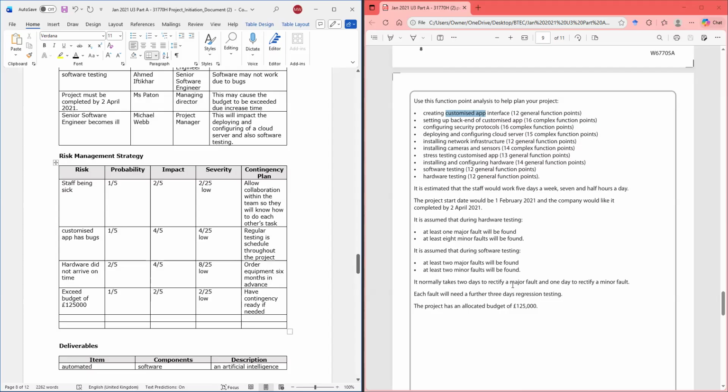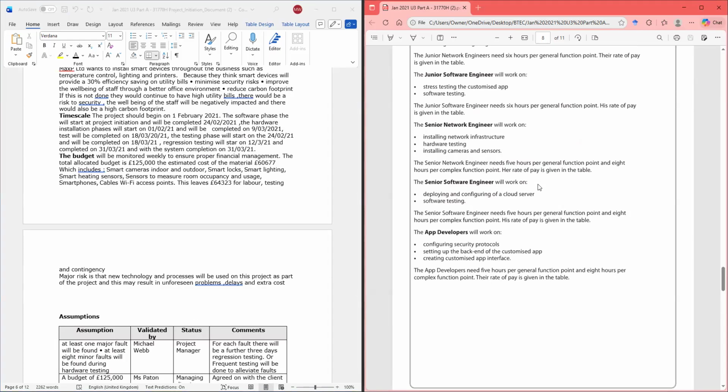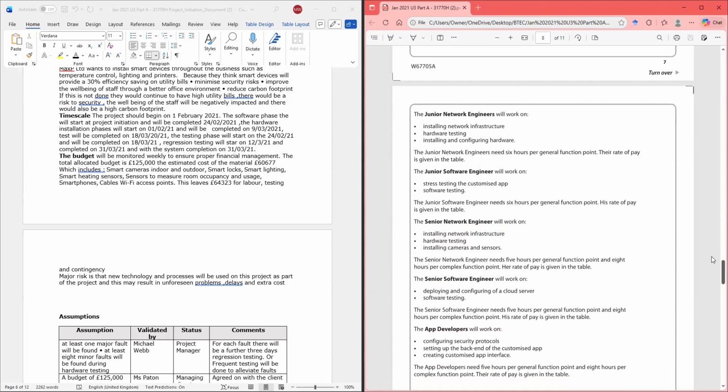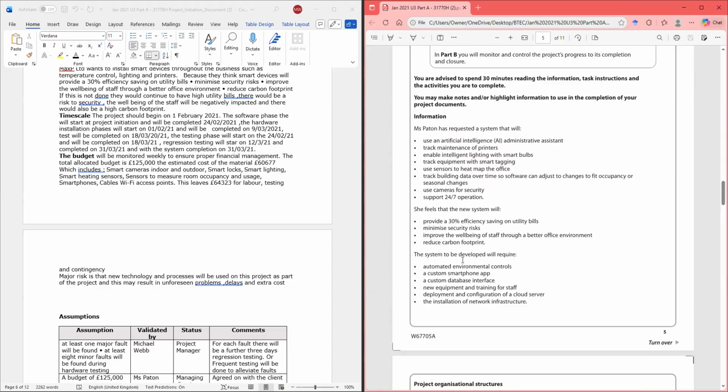All right, so we have those for risk. So this app is going to also need a database, right? Okay, hold on. So let's go here and look for the app. Let's go to the top. Yes, it's going to need to be accessing a database. So you could say the app won't connect to the database.